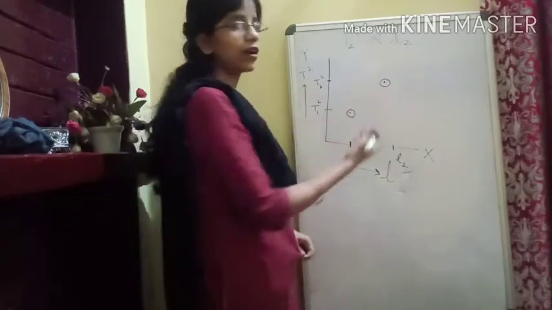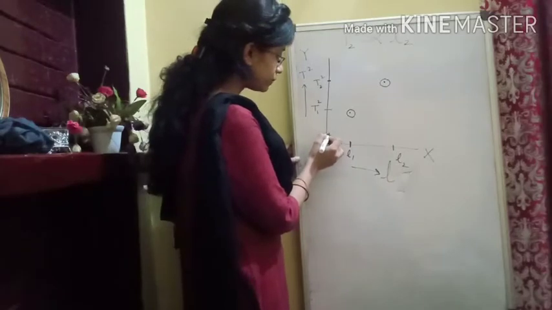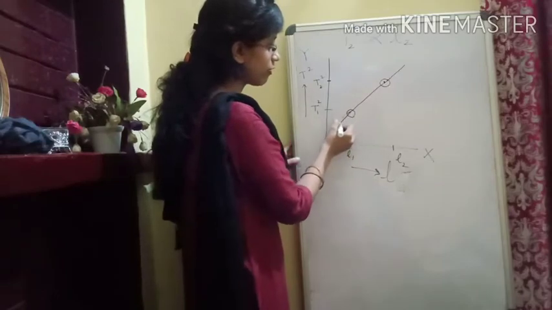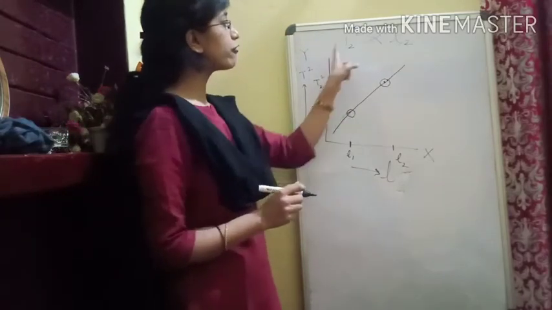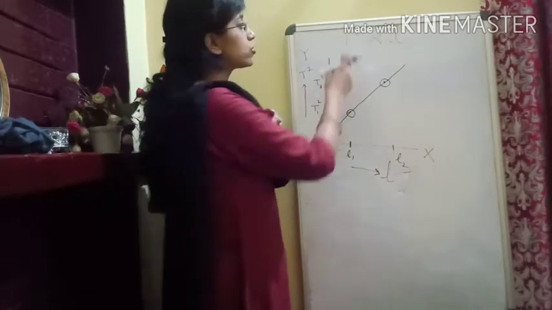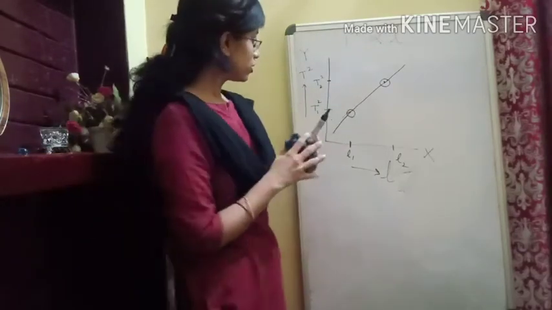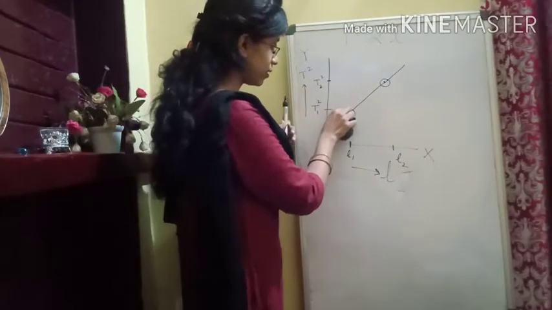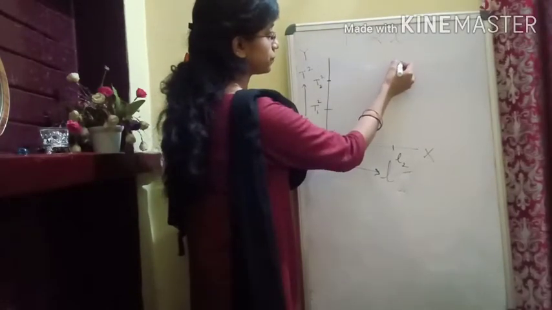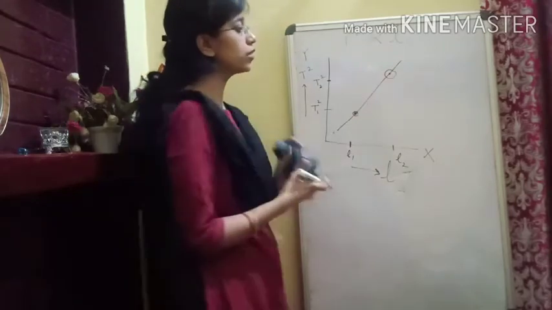To draw a line or a graph, we at least need 2 points, and that's why we have taken 2 points. When we make them meet, this will give you our graph. You see, this is our graph of t square versus L, which is a straight line, because t square is directly proportional to L, and that's how we draw the graph. So if I give you the fair figure, it should look like this. This is one point and this is the second point. This is how the graph of T square looks.